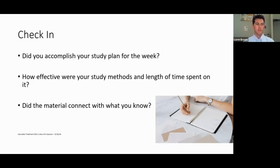So, second question, how effective were your study methods? And how was the length of time you gave yourself to study adequate? Did you stick to your goal length of time of study? And oftentimes, it's not all about length of time and you've got to do 16 hours a day, 12 hours a day. You actually want to study healthy amounts, but not overwhelming amounts, because at some point, and you may have experienced this, where you're feeling like you